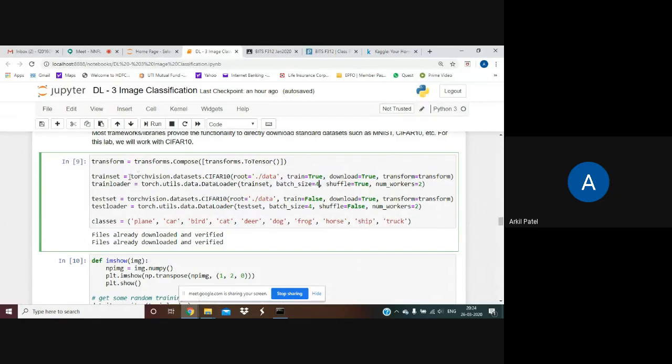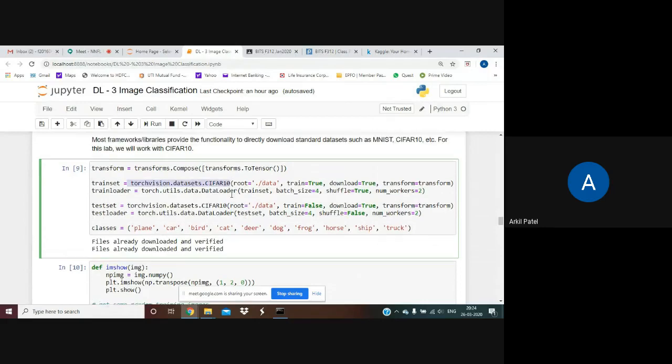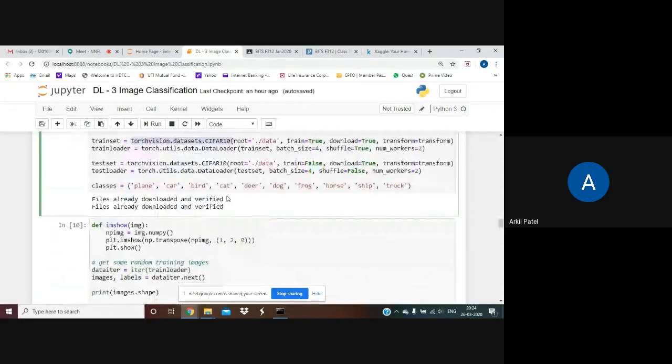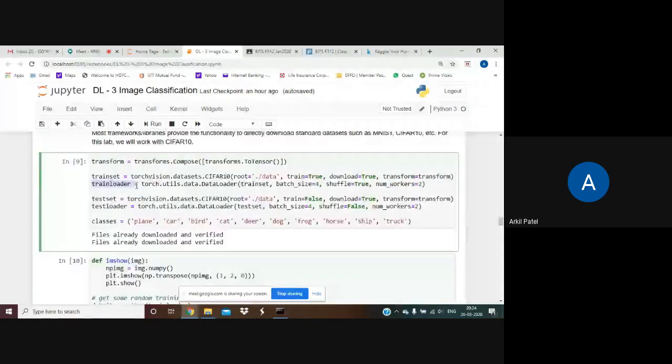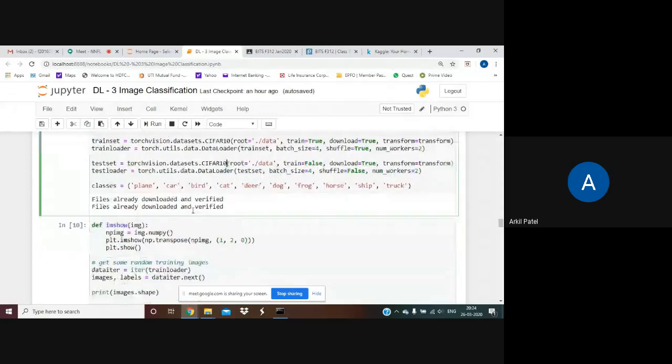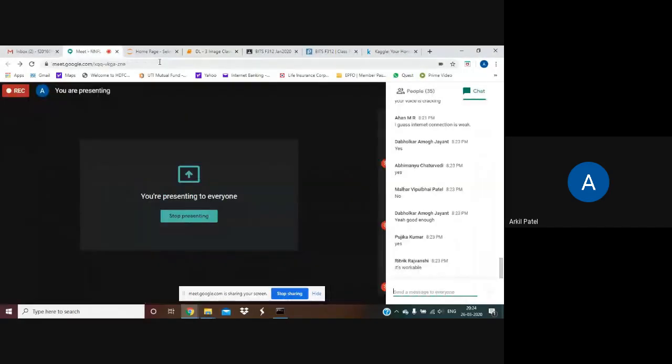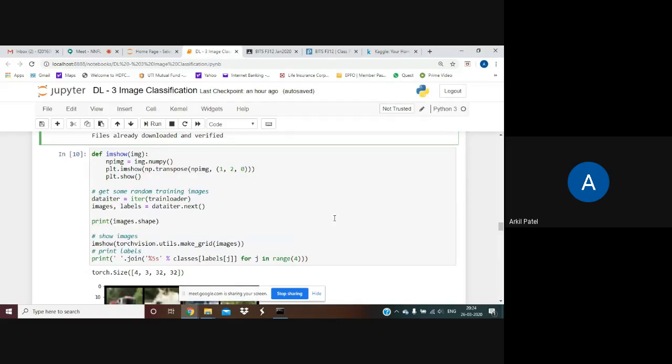So basically, standard libraries provide us ways to use such standard datasets. Over here, I can just import the CIFAR10 dataset using torchvision.datasets.CIFAR10. But if you have something custom, like you are going to have in your lab, then you do it like I showed you above. So for now, you can assume your train loader has the train images, and your test loader has the test images. I wanted to write very minimalistic code, so I have not written anything regarding validation, but I'm sure you guys are qualified enough now to write it yourself.